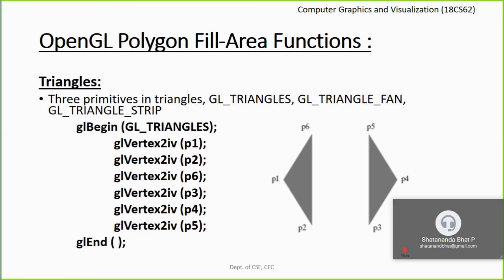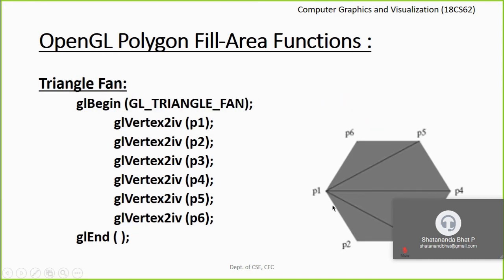Okay, these are the 3 different OpenGL primitives for drawing the triangles. You have the GL triangles for drawing disconnected triangles. You have the GL triangle strip for drawing connected triangles by sharing edge and the vertices. Then you have GL triangle fan, where we draw the triangles by having one common vertex. Okay, that is the example for GL triangle fan. Rest of the thing is common for all the OpenGL primitives. You specify a bunch of vertices, and based on what order you have specified, that order will be considered for drawing the triangles. That is about the triangles.